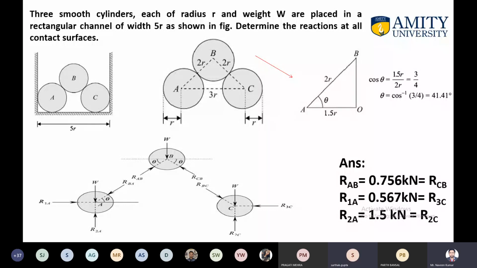Excuse me, sir. At sphere A, there are four forces. So how can we use Lami's theorem on it? You cannot use Lami's theorem. You have to use resolution of force there. I have only told you if three forces are there, then only you can use Lami's theorem. When you have more than three forces, you have to simply use the resolution of force. So at the sphere B, you can use Lami's. At sphere A and sphere C, you have to use resolution of force. Okay, sir.